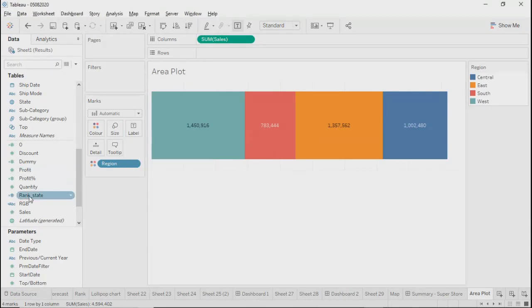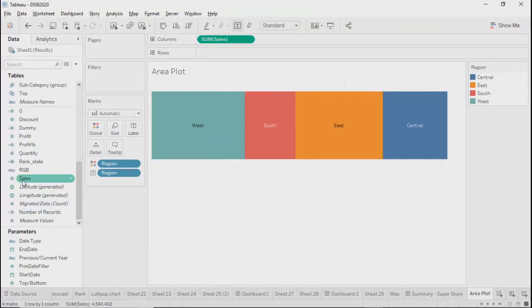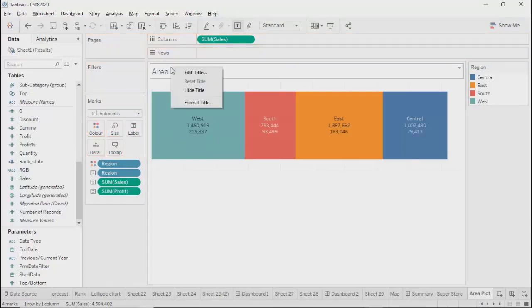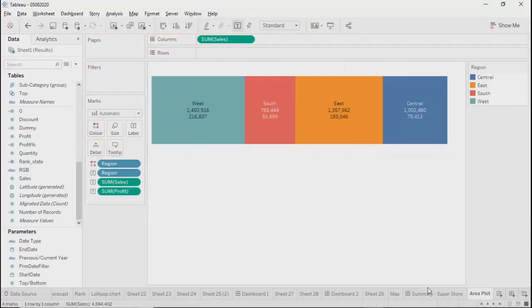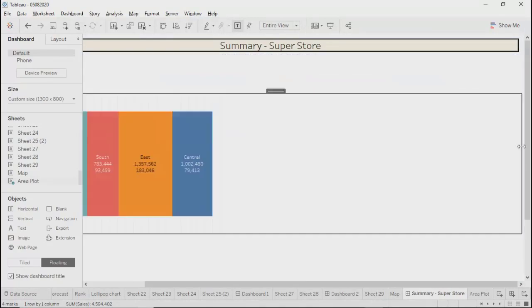This label is of sales, show the label of profit, region, show sales, show profit, title. So I'll just go here and take it at the top.